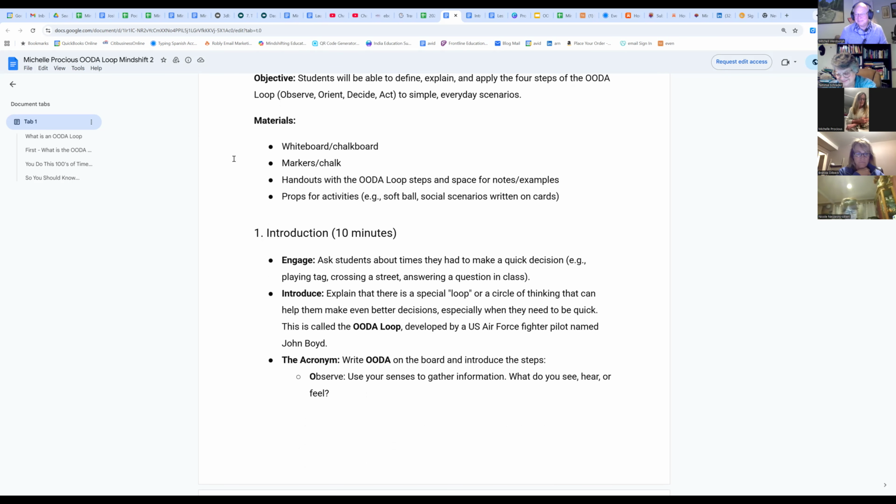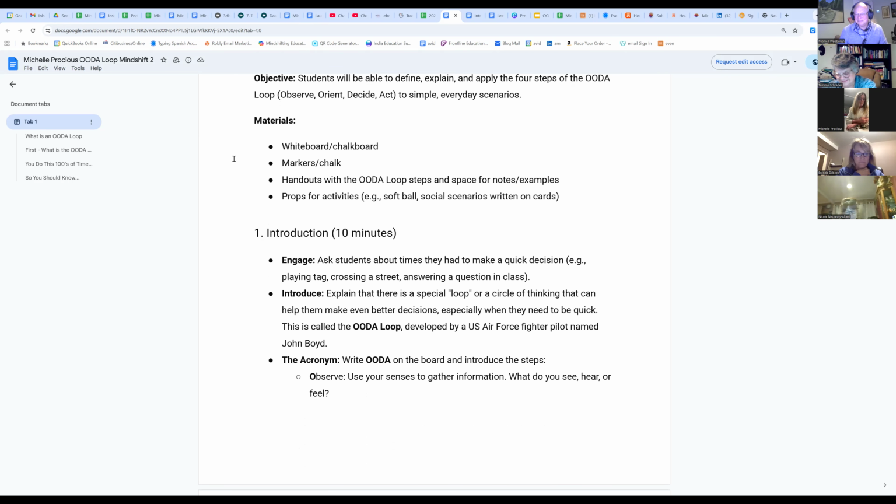The subject is reading. The reading strategy focus was comprehension using the OODA loop. The learning objectives: students will be able to explain what each step of the OODA loop means, and apply the OODA loop to help them understand and respond to a reading passage. Materials will be a short reading passage, 1 or 2 pages, and the OODA loop anchor